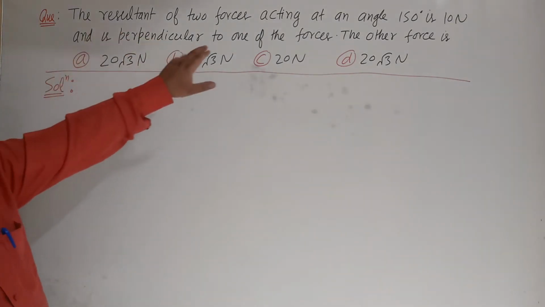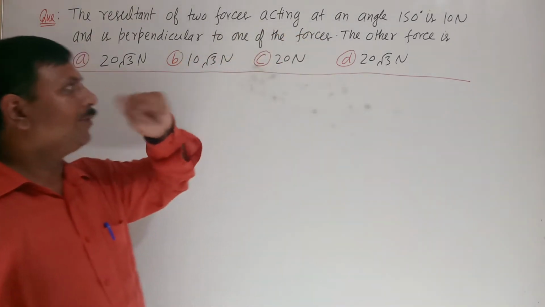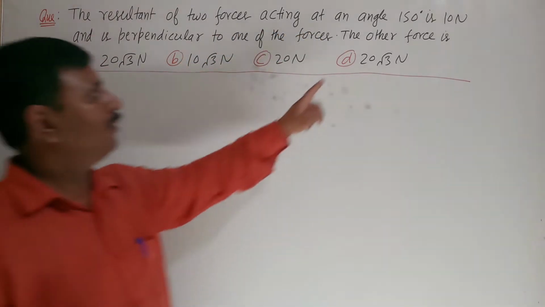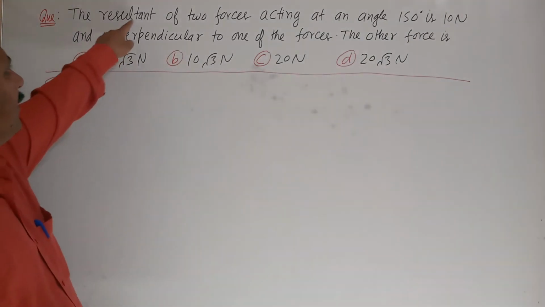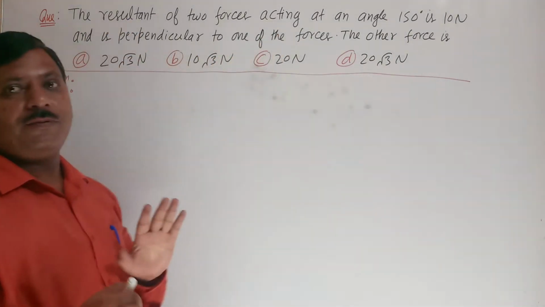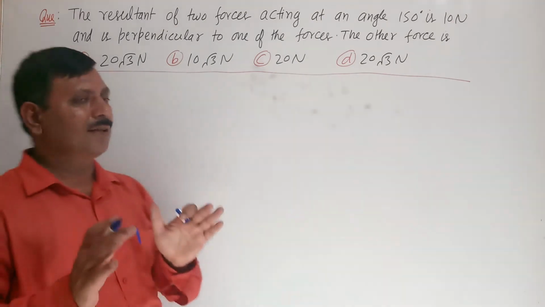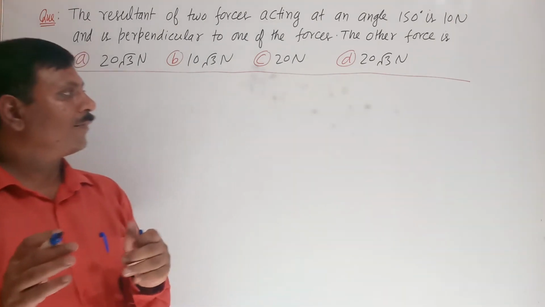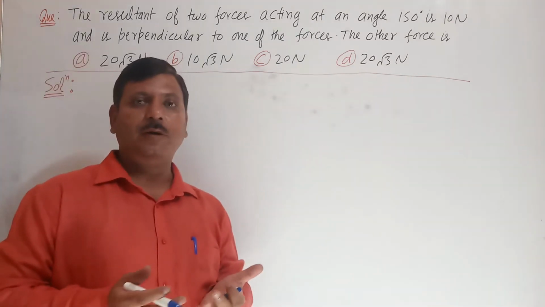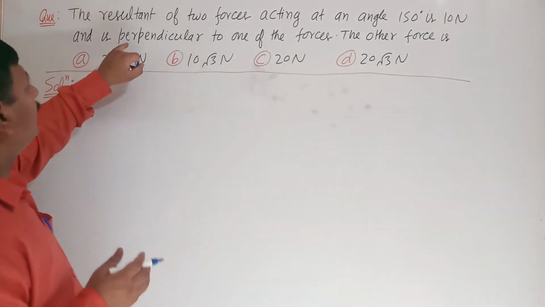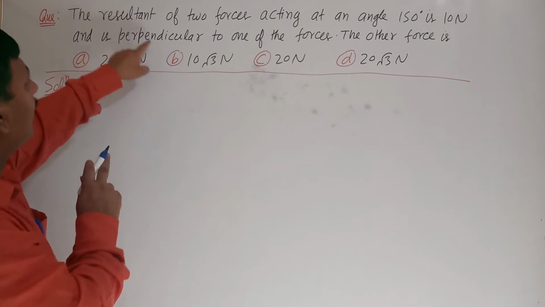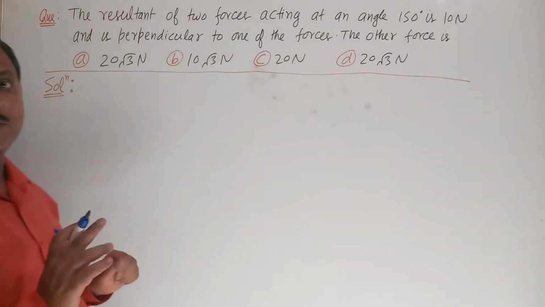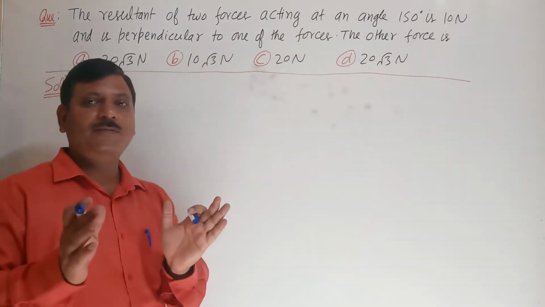The resultant of two forces acting at an angle 150, and the value of resultant they have given is 10 Newton, and resultant is perpendicular to one of the forces. So see, like this question, we are using the parallelogram law. Okay. See here, one word, remember, concentrate here. Resultant is perpendicular to one of the forces. So here,